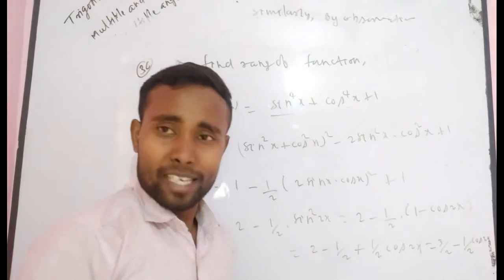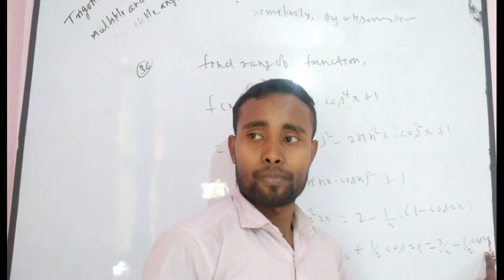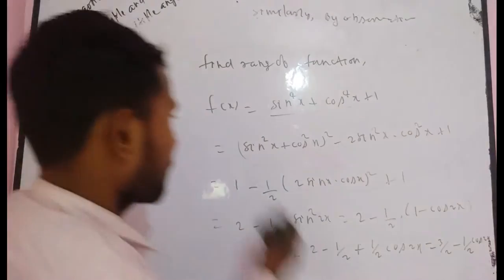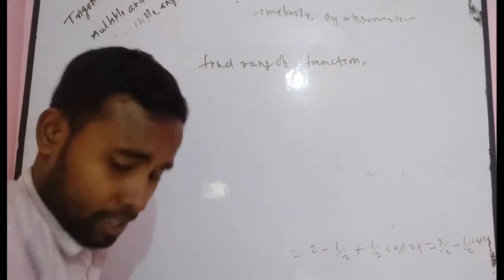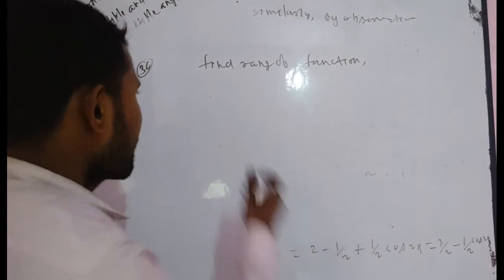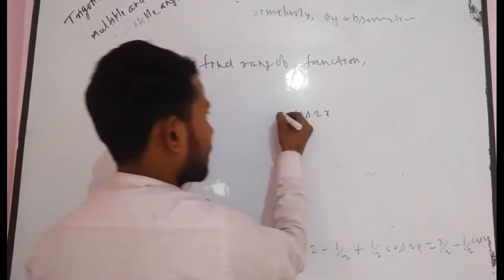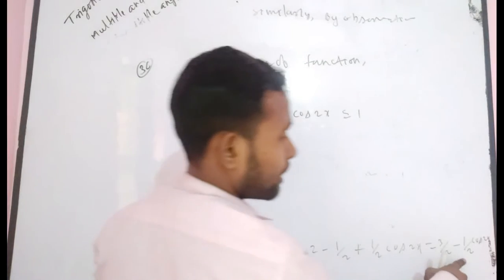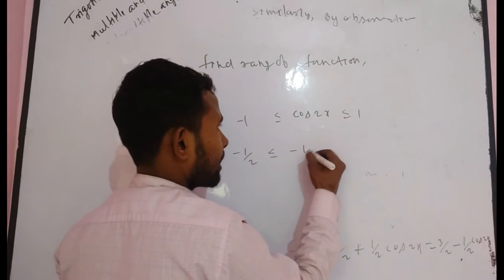Now, you can solve it. How? As you know, for cos 2x, you have to find the maximum and minimum value. Now you have to proceed in a simple way. I think you can simplify the terms. Thereafter, since cos 2x is greater than or equal to minus 1 but less than or equal to 1, you have to multiply on both sides by minus half. What do you get? It becomes minus half but less than or equal to minus half cos 2x.